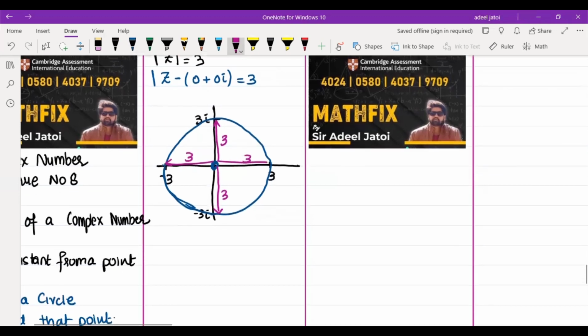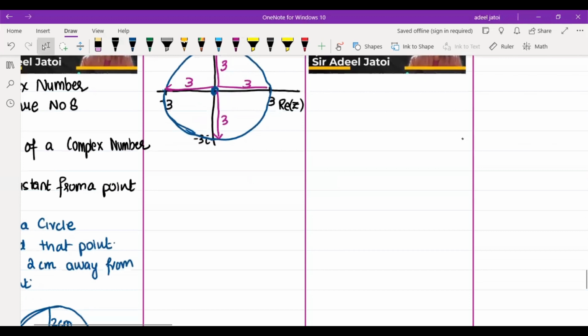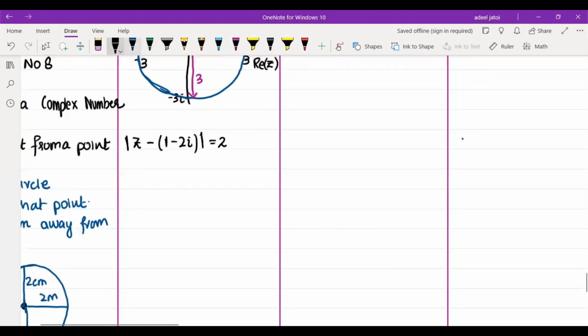So this will be for what? The Argand diagram of a normal circle with modulus of z equal to 3. If I say that we have modulus of z minus (1 minus 2 iota) is equal to 2, now if I just draw this,